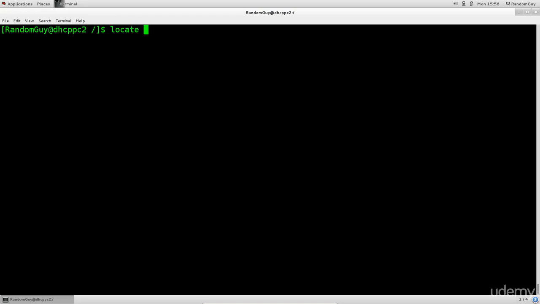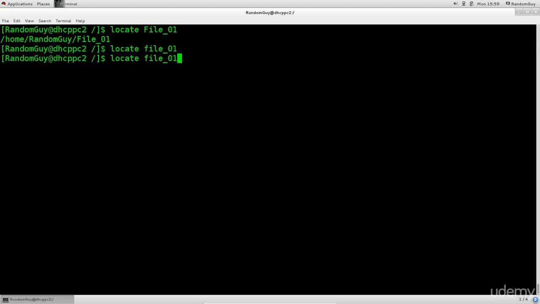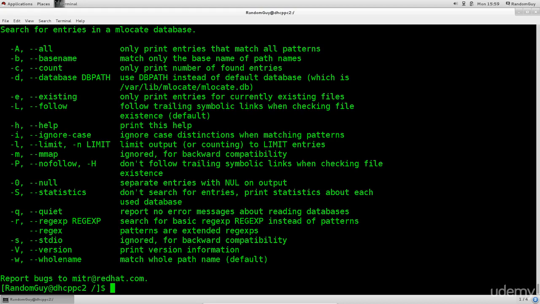So locate. And what do we need? We need file01. There we go. It has found it immediately. But look. You can type in --help, and there is an ignore option here. There you go. Look, it is the same, exactly the same as with the find command. So -i,